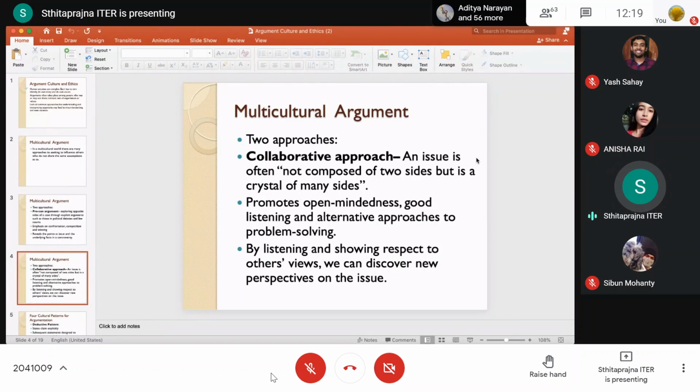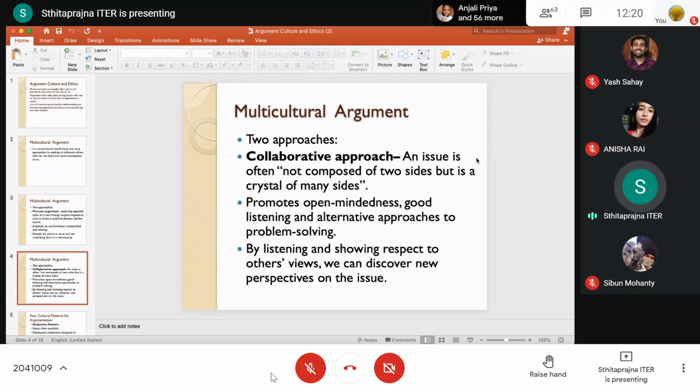When you listen, it also signifies that you show respect to the other person, and it's definitely going to boost your interpersonal relationship. So these are the two approaches to making an argument in a multicultural setup to people